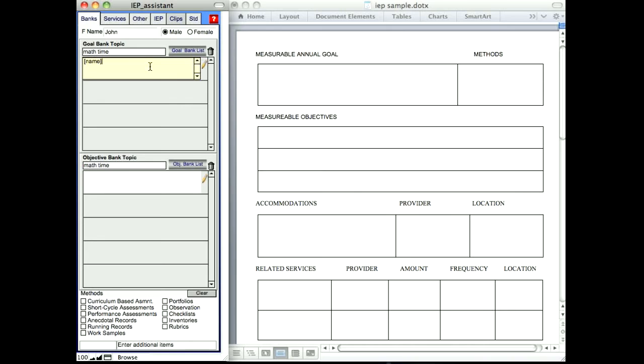Bracket name bracket will tell time on an analog watch. So maybe that's the goal I want to store. Then down here in my objective bank, I'm going to type something like this, where I might say bracket name bracket